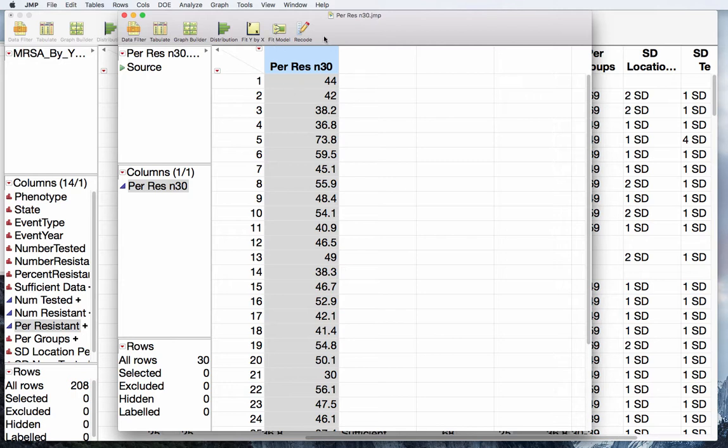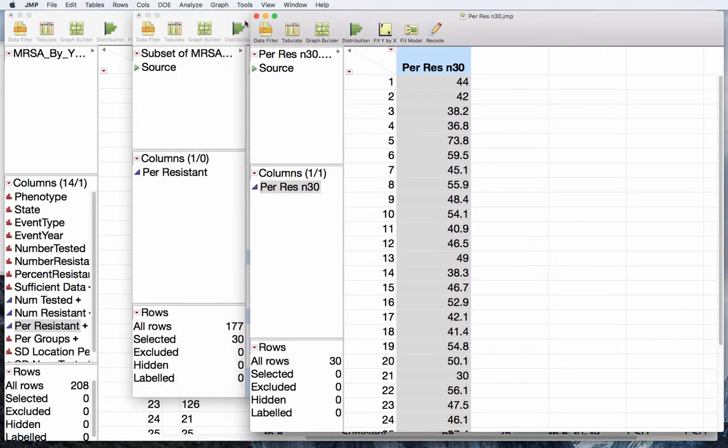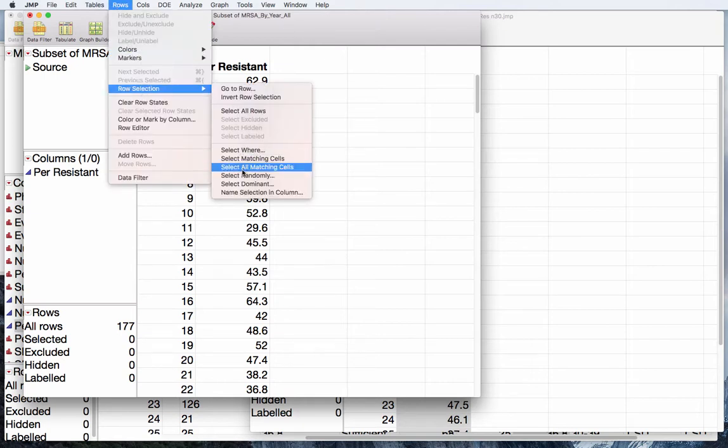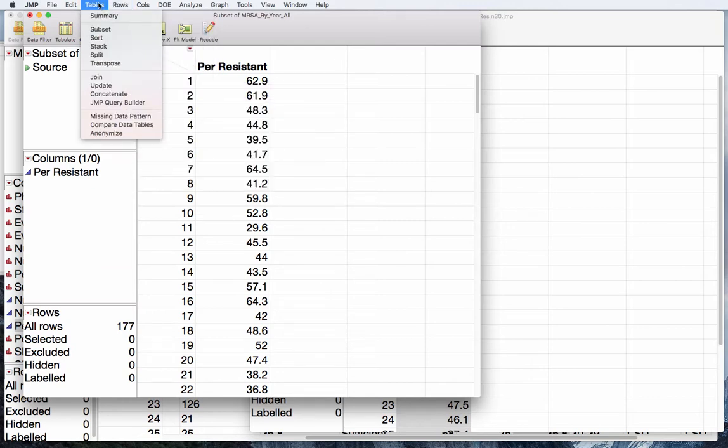Now, when you create your sample, it's important that you save it, because if you need to go back to it and you pick a new sample, you won't get the same values. In fact, let's go back to our sample of 177 and we'll walk through the second way to get a random sample. So the first thing we did was row selection, select randomly, but we could also go to the